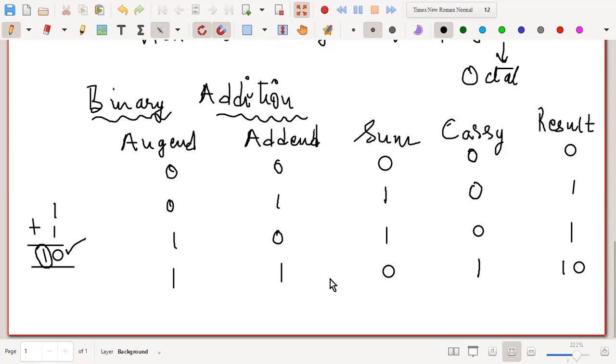Keeping this in mind, you can see different examples. You can try to add 2 different binary numbers. All right, let us go to the next slide, where I can show you an example. Let us try to add 1 0 1 1 and these two,